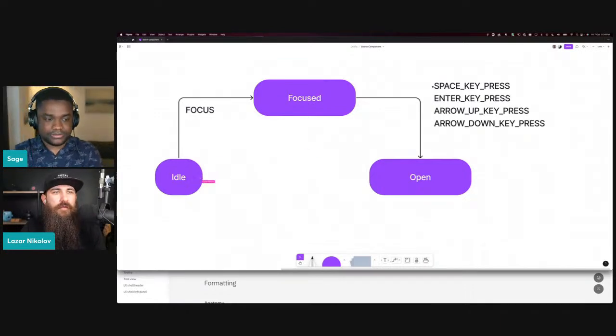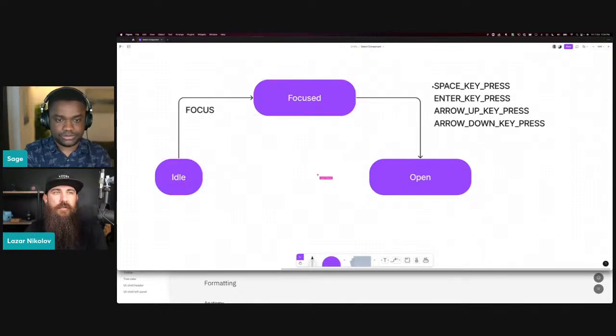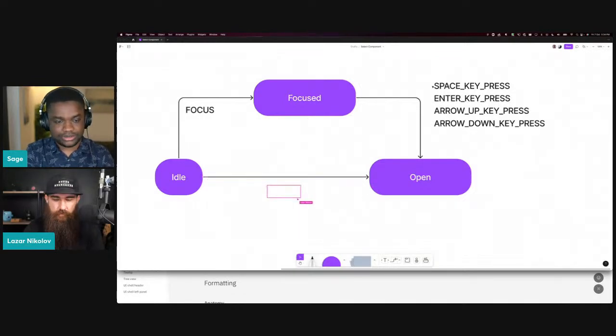So we're talking about figuring out a way to transition from idle or focused into the open state, right? If we're clicking on it, yeah, exactly. So let's have an arrow that points from idle to focused. I think we can just do click,